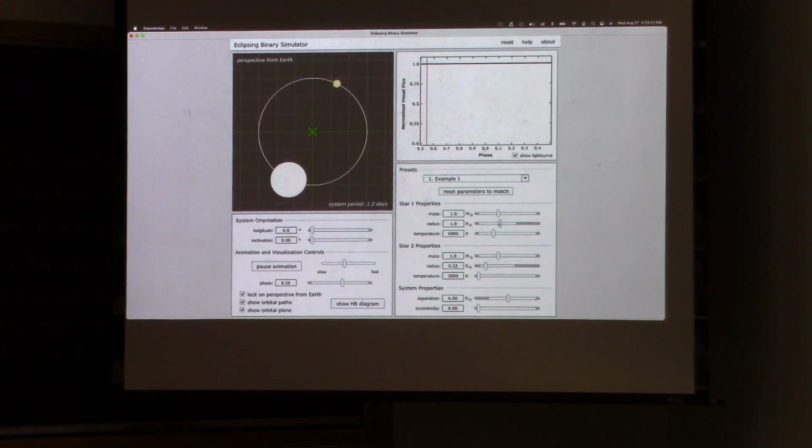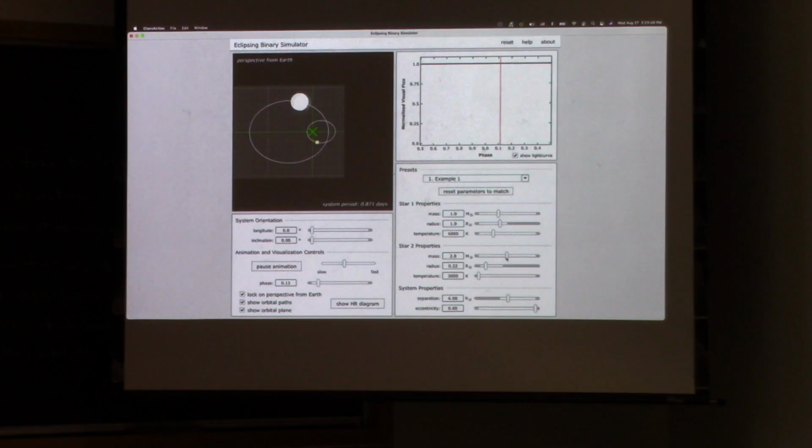And let's make one of these really massive compared to the other one. And let's get a good eccentricity going here. I want the orbits to cross here. What do I have to do here? Let's see. Yeah, there we go. So we can get something like this too, whee, and so on and so forth. So you name it, right? You can have fun configurations there. Okay? Questions, comments, observations?